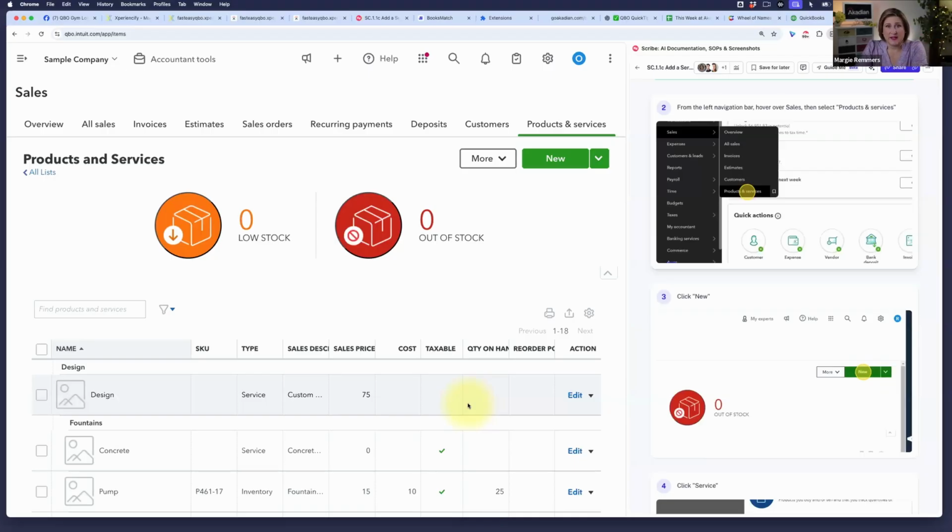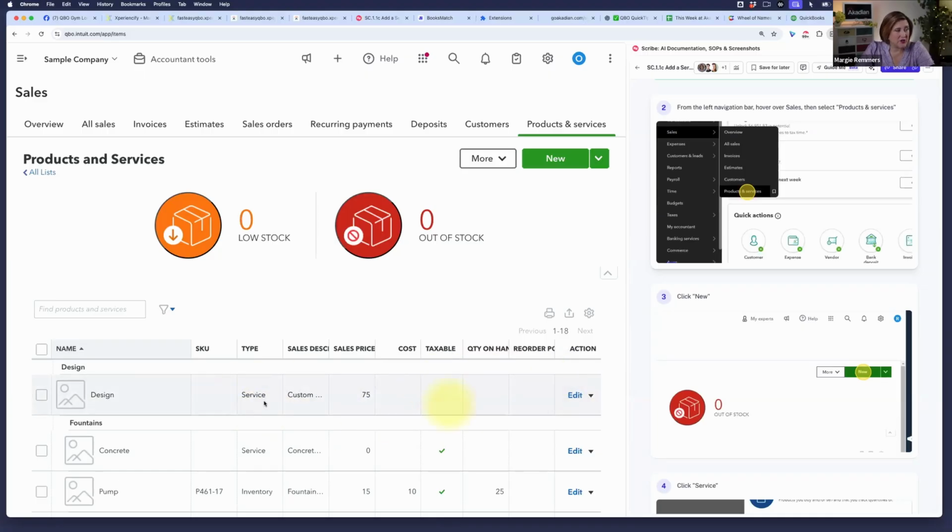Okay, so let me just show you a couple of things on this, because if you're studying for the level 1 exam, one of the things that you have to know how to do is customize this screen. And there is a separate exercise. You can go to the 100 free exercises pages, and you can actually learn how to do that. But this is a very common thing that bookkeepers do, is when you go to the list of products and services,